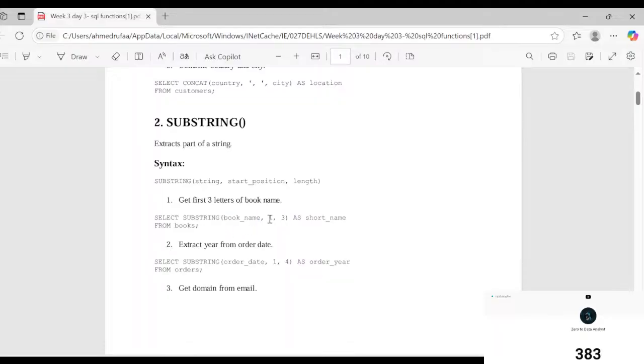So what is it going to do? It's going to start from the beginning, here 1, then it's going to get 3 letters, from books, which is a table named books. Number two,